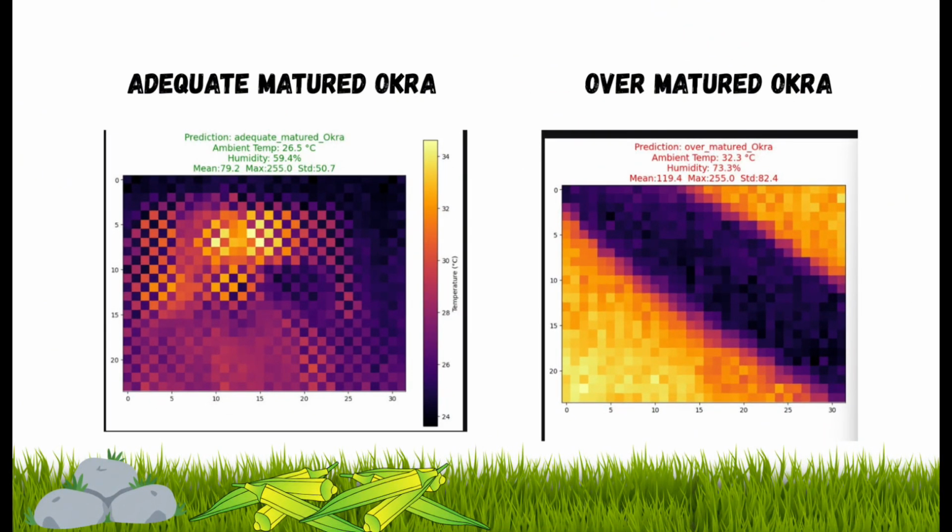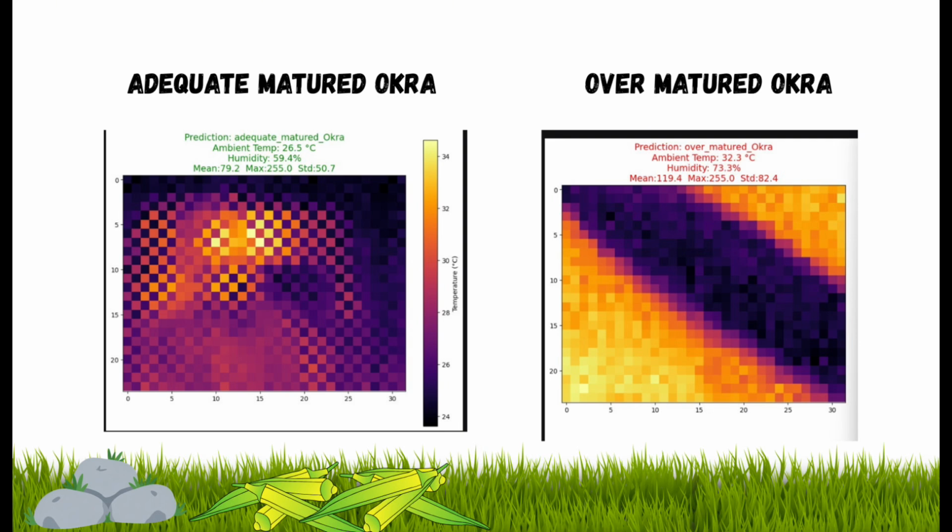So now is the visual of our system that actually sees through the thermal camera. This slide shows a real-time scan of two different okra that display as thermal heat maps. On the left, we have adequate matured okra. At the top of the image, you can see the live data from our DHT22 sensor showing an ambient room temperature at 26.5. The color pattern here, the heat distribution, is mostly dark purple and relatively uniform, meaning that the okra is retaining moisture evenly. So our system calculated a lower mean value, and our SVM model correctly predicted this